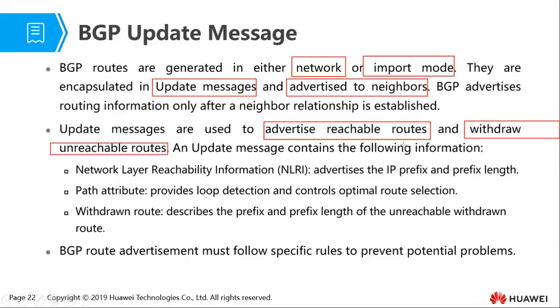Now, an update message contains a number of pieces of information. The first one is what we call the network layer reachability information. Network layer reachability information is simply the network address, which they normally call the IP prefix, and the